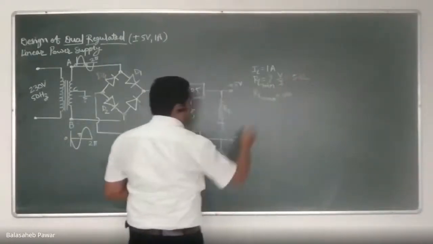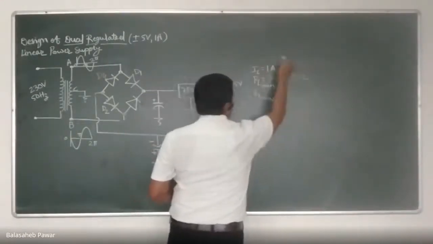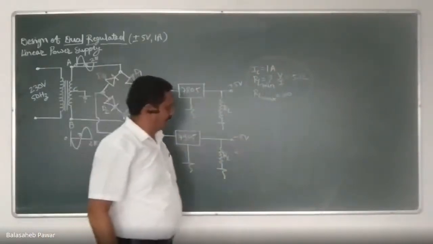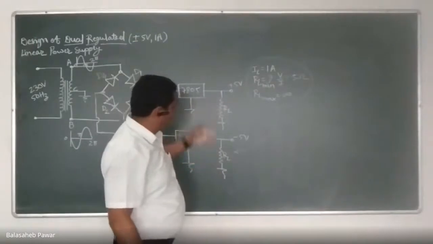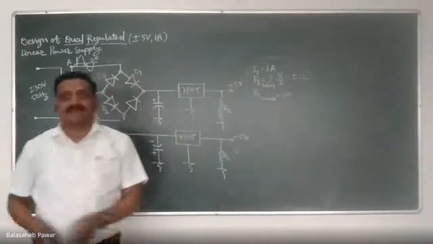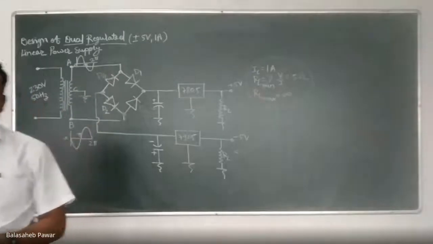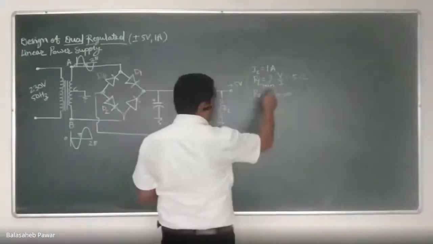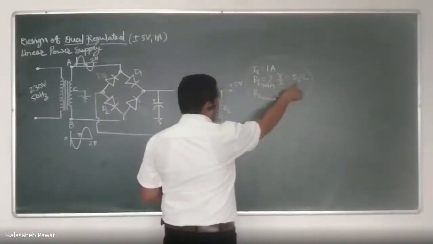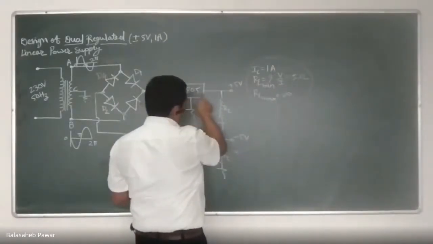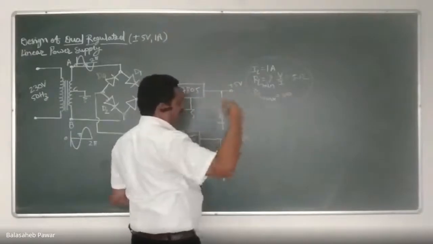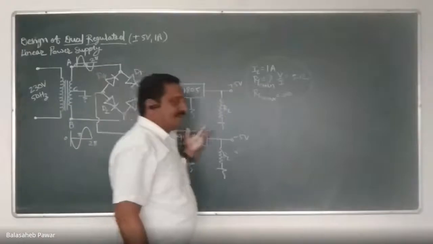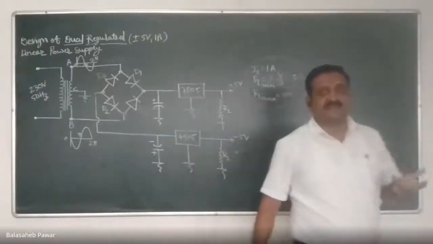The same thing you have to apply for the negative side also. It is applicable to both. So the minimum resistance we can connect to our dual power supply is simply 5 ohm. If we go below this 5 ohm, the current flowing through these regulators will exceed 1 ampere, and that will be harmful to our regulator ICs, because these regulators can handle a maximum of 1 ampere of current.